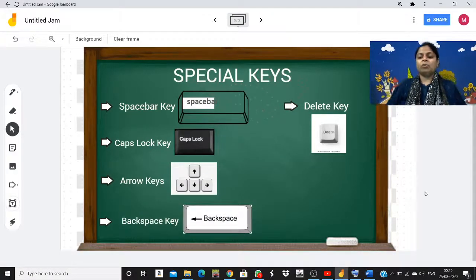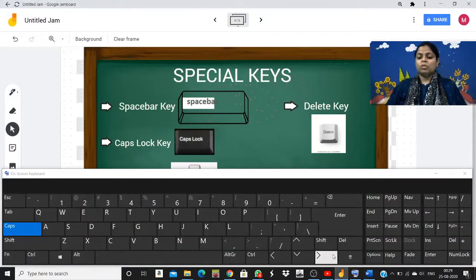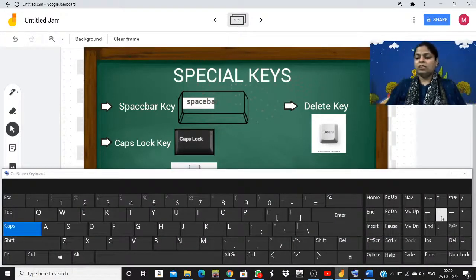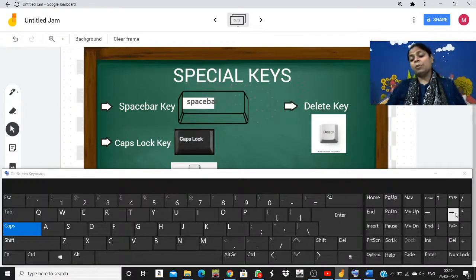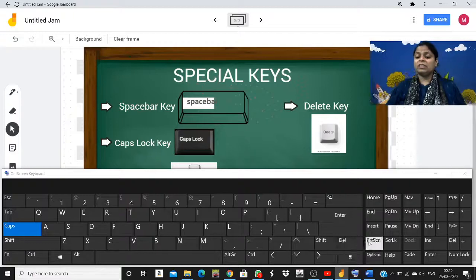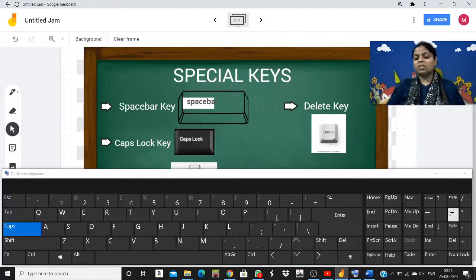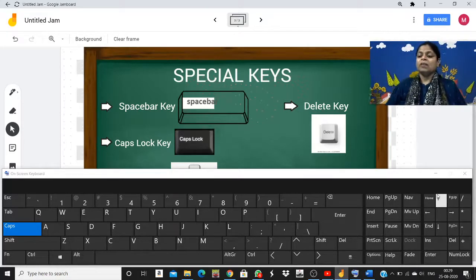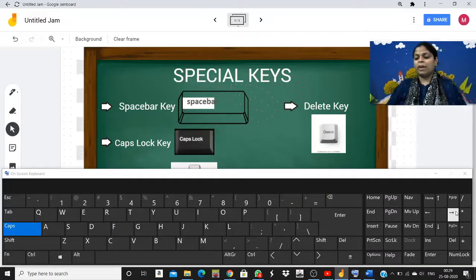We have arrow keys. Okay, so let me show you arrow keys. See, up, down, left and right. In a proper standard keyboard, you will see it this side. But as I told you, this is just for the use of the laptop. It was inbuilt, so it is showing like this. Four keys are there: up, down, left and right. This is how you can use this arrow key.